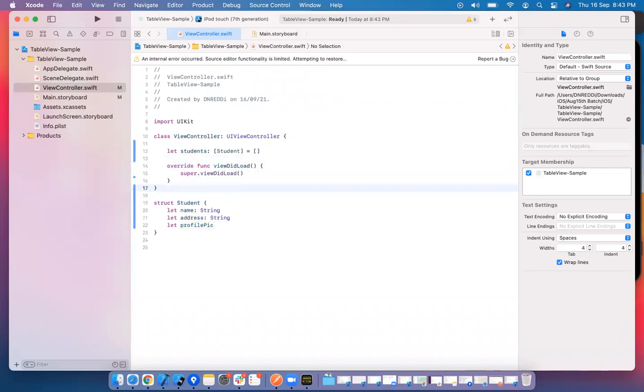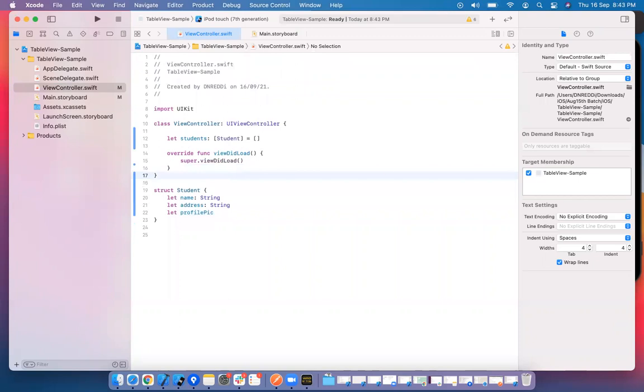We have seen 3 different kinds of controls. One is the passive component, which is label. Second one is the active component, which contains an action. Third one is an active component, which is controlled by some lifecycle methods, such as UI table view. The table view comes under the UI text field category. UI text field category in the sense, table view is controlled by some other object that is called delegate. UI text field was controlled by some other object. We have taken view controller as the delegate.